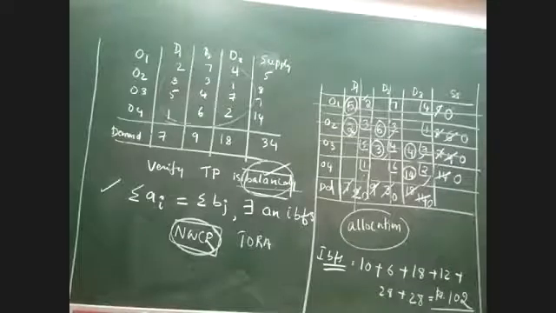Question number 2, the EOQ is 1549. The reorder level is 528. The maximum inventory is 2049. The minimum inventory is 500. And the average inventory is 1275. Very good. Have you all got the same answers, the class? Yes, sir. Very nice. Great. Okay, go to question number 3 now.